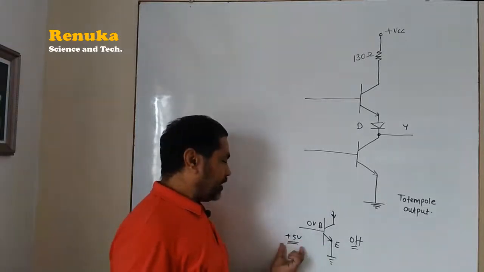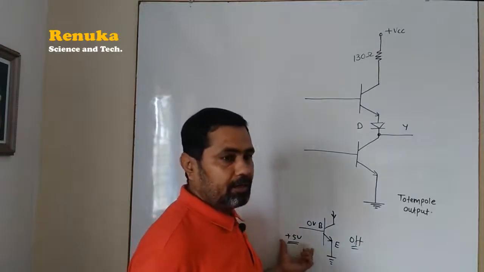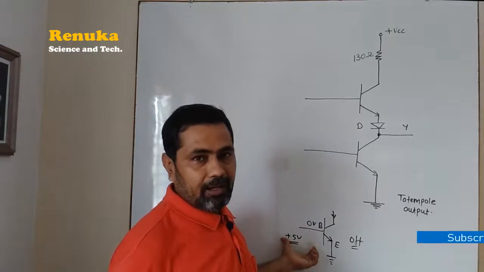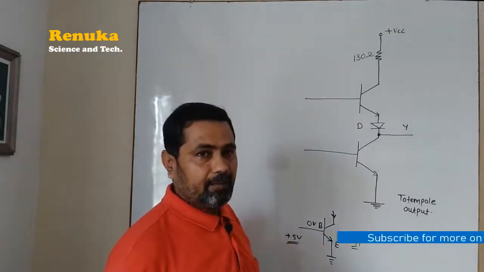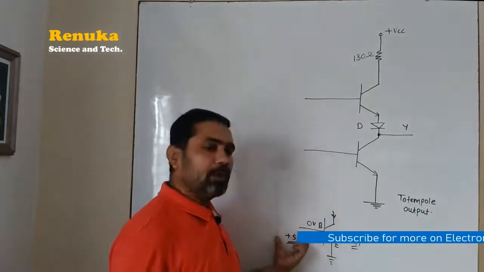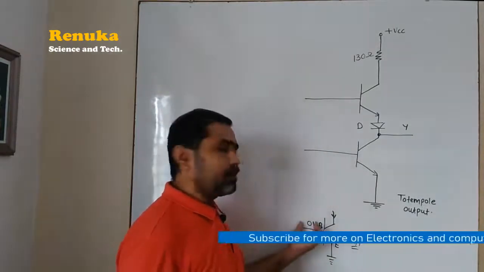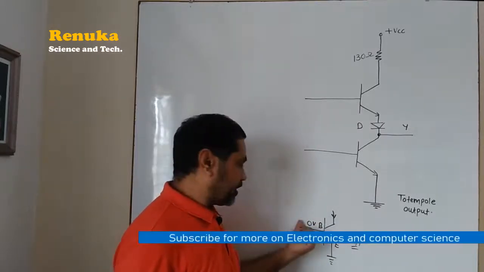We are inputting plus 5 volt here because we are considering digital circuits, and in digital circuits you might have known that logic levels are connected. To connect logic 1, we have to connect plus 5 volt, and to connect logic 0, we have to connect 0 volt. So these are the logic levels. That is why we have taken these two voltages.